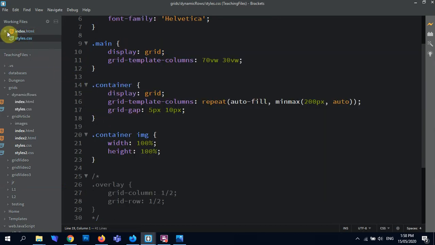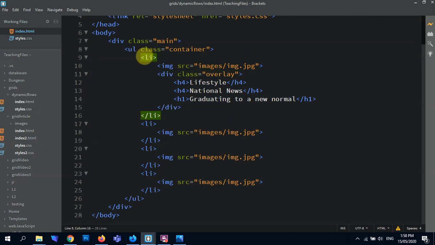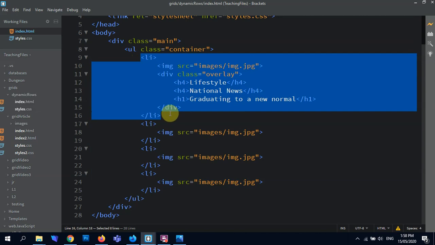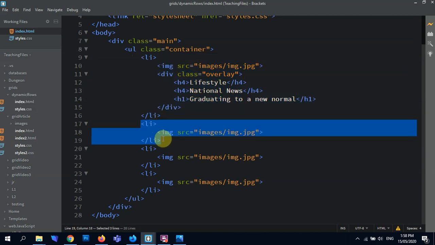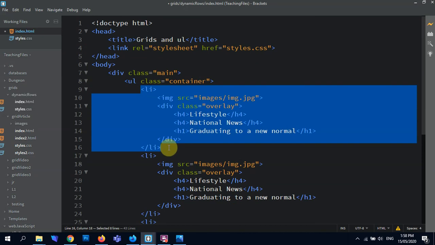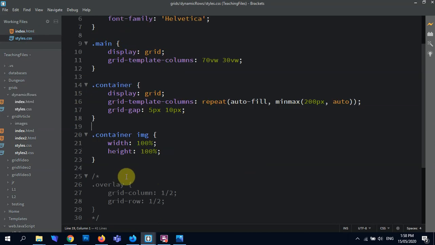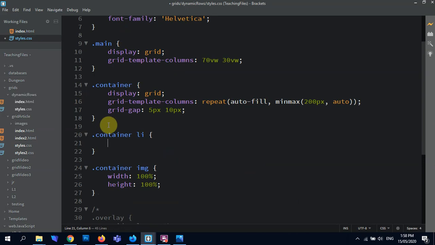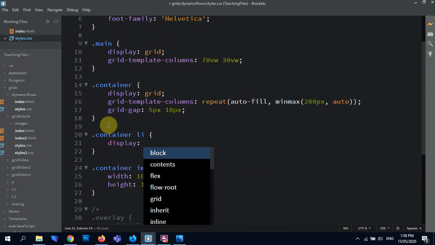We're now going to give every list item, obviously they're all going to look like this. So if I scale them up for you. Right, so every list item now that's like this, they're all going to get the same grid style. So dot container li display grid,